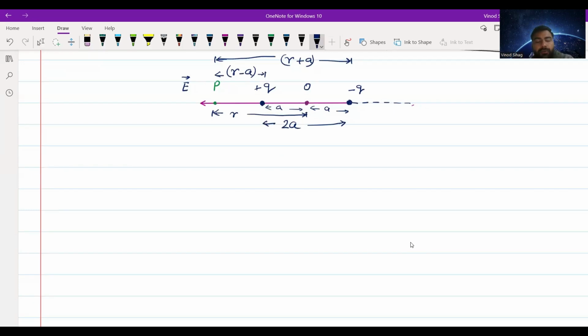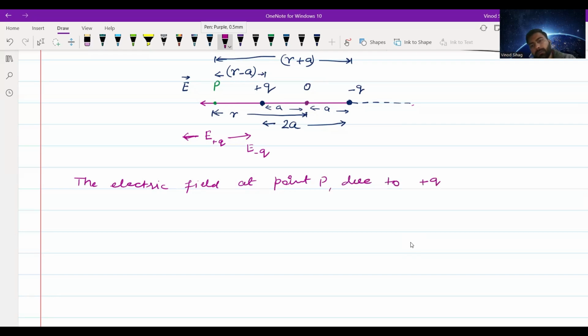तो यहाँ पे दो इलेक्ट्रिक फील्ड बनेंगे, there will be two electric fields. One will be because of plus Q, and its direction will be along the direction of the net electric field. And there will be another electric field that will be E minus Q. Now the electric field at point P